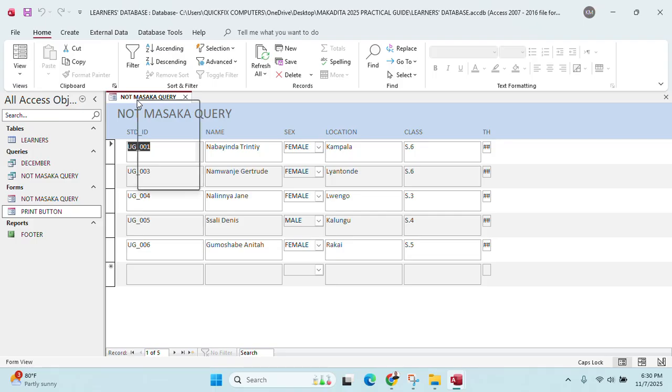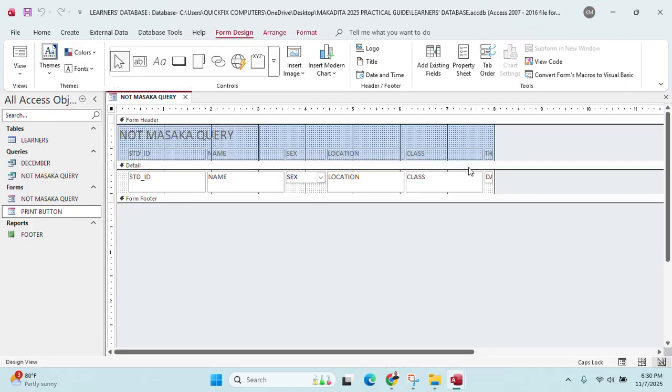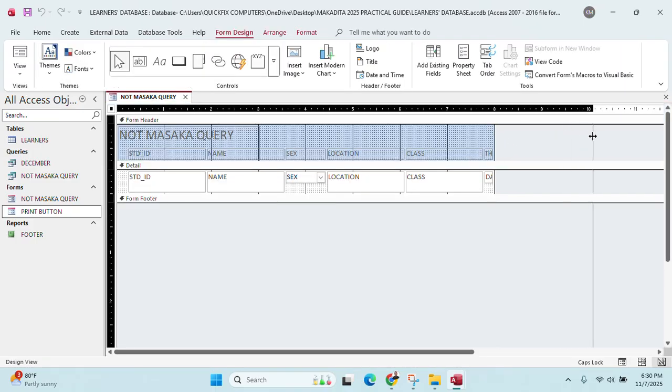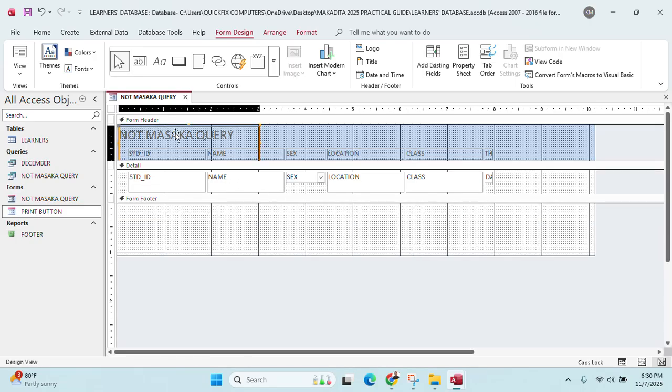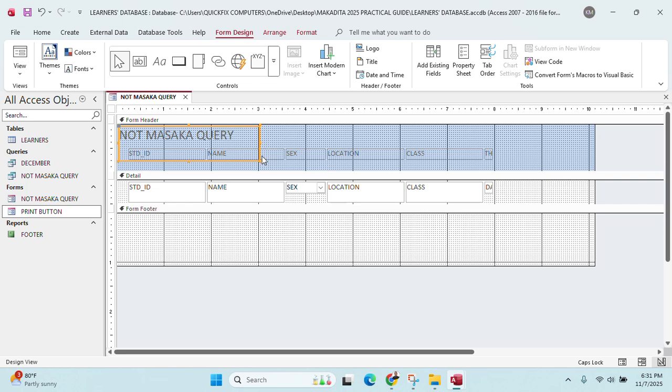So if you want to change, right click at it, select design view, and give it some changes. Increase the size, and then I can even increase downwards. I put what I want. So beginning with the title, the title could be adjusted to an appropriate title. That is, I can increase this, and then I type a form that shows all